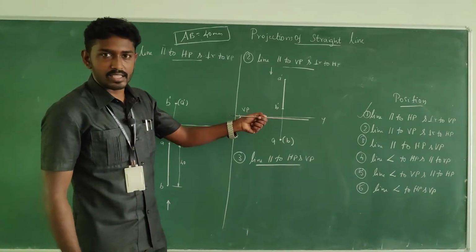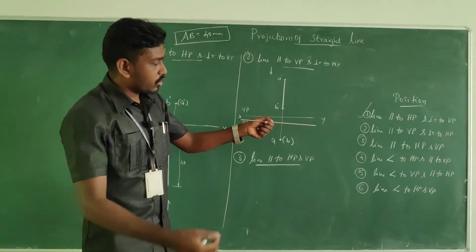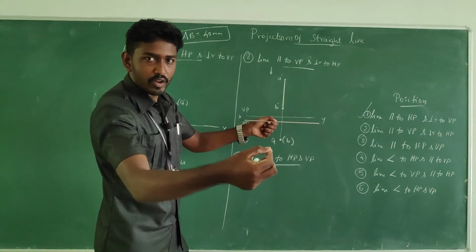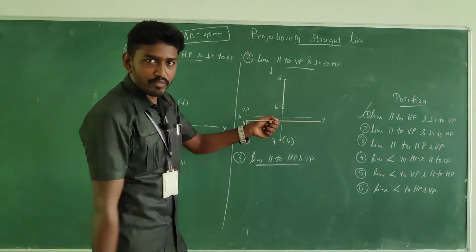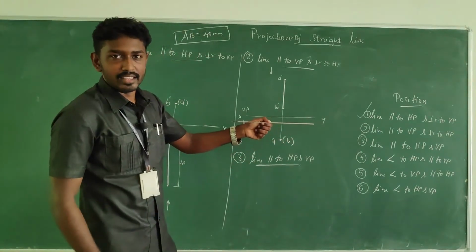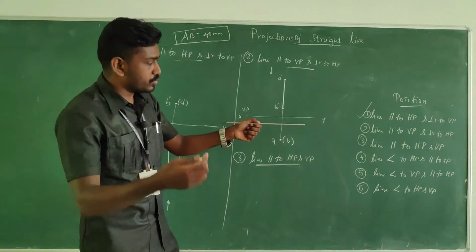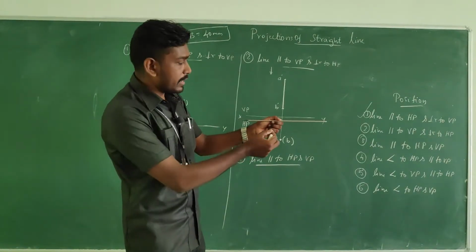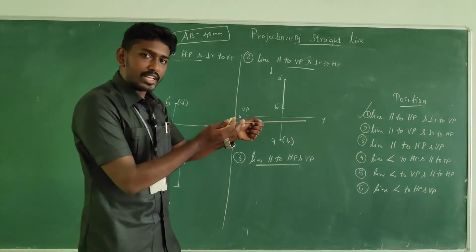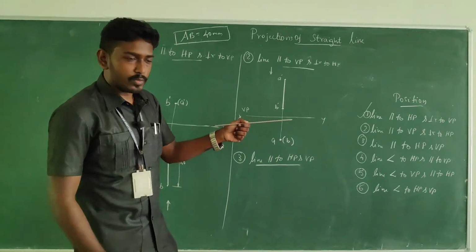So if it is the case, what about the front view and top view? See what happens. In the front view we can see the straight line, the true length of the object. What about the top view? There as well we are able to see the true length. Okay, so here in the third position, the advantage is both the views are showing the true length. So no worries, either you can start from the front view or from the top view.